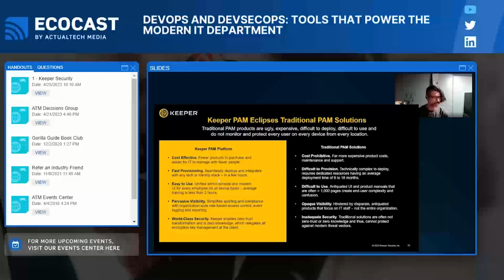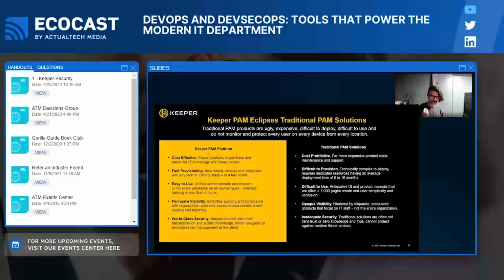So let's take a look at Keeper's PAM platform. We're going to dig in a little bit deeper into that. Cost effective, right? Fewer products to purchase. Keeper covers all of these strategies in one solution without being disparate, so cost effectiveness immediately kicks into play as you're only paying into one platform. Fast to provision. We integrate with identity providers, any identity provider you can think of as far as SAML 2.0 goes, and SCIM provisioning for that automated provisioning. It's not so difficult anymore when 18,000 users can automatically get created in the platform to get onboarded and